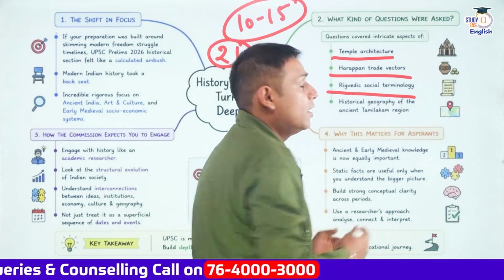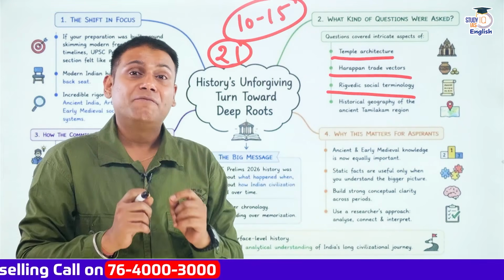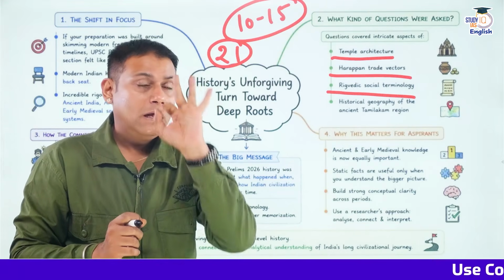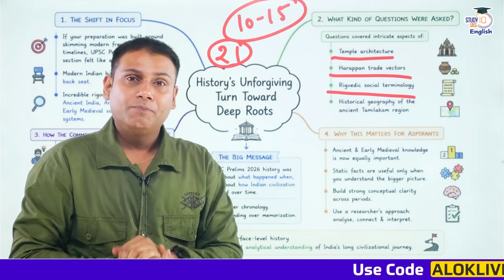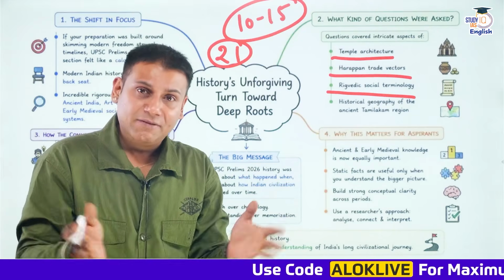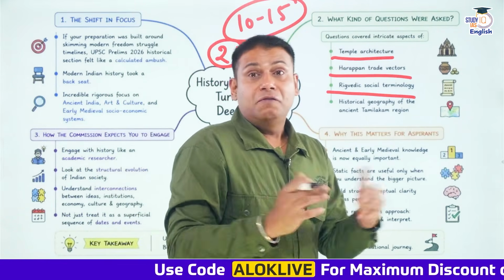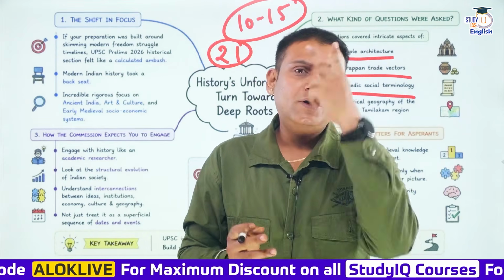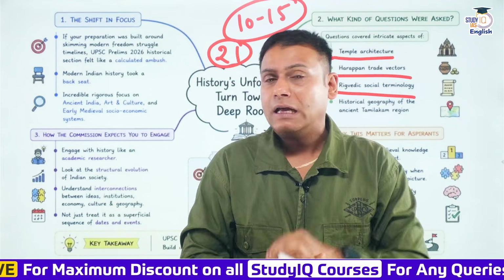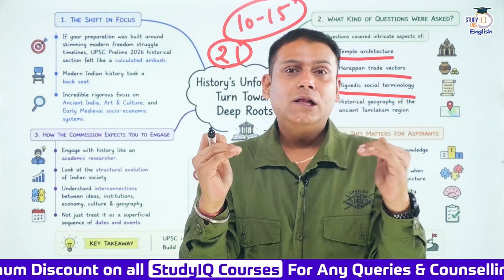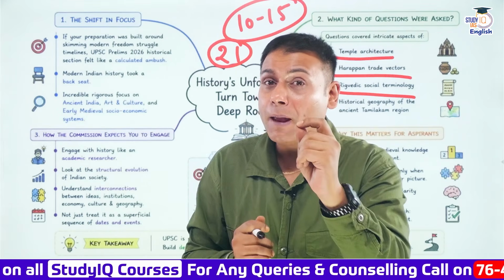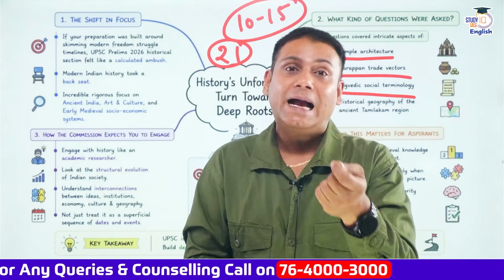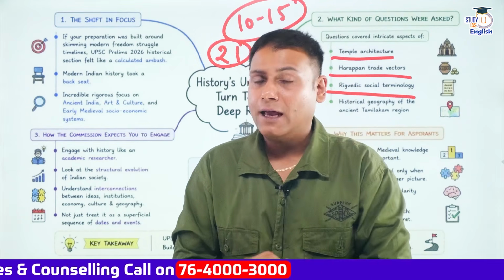Rig Vedic social terminologies. Terminologies have been asked. There are three questions wherein you can observe the terminologies related to the Rig Veda. First question was on the Rig Vedic civilization chapter. The first terminology was Kshetrapatni. It finds mention in. Second important aspect asked by UPSC was, as part of statements, there were two terminologies if you have observed the paper quite keenly. One terminology was Parshu, that means axe. Second one was Srini, that means sickle.